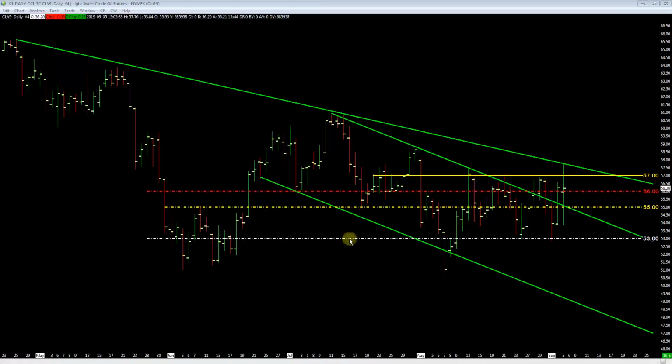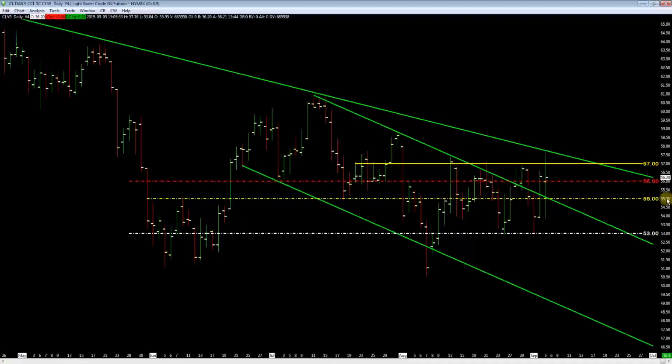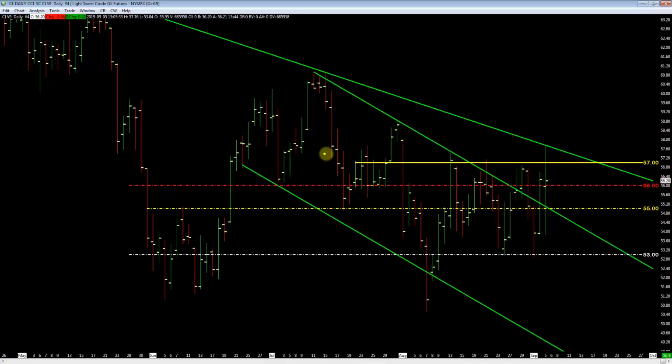Main reason I've been calling those trades between 56 and 55 and 57 back and forth is out of the daily. Look at the structure that the daily's been giving us, right? Every time we come to that 57 number, we are finding resistance, and these resistance areas are taking us down to those 56 and 55 numbers as targets to the downside. So based on those two areas of trading that we have seen, 56 and 55, pretty good amount of trading was conducted after hours and into the close around the 56 number.